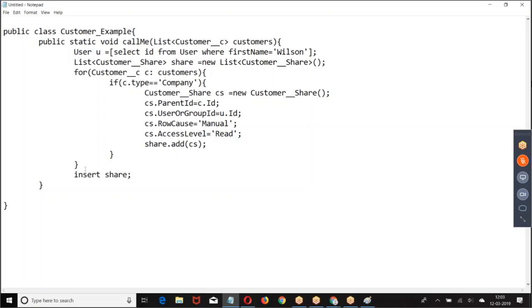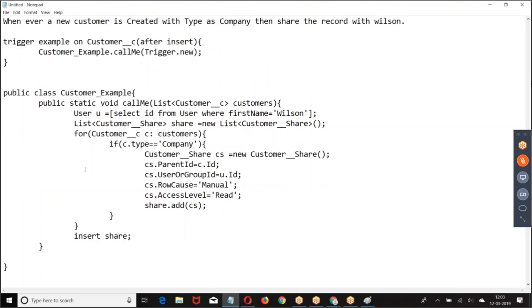Right. Next, go with the second concept, creating team members. What are the team members here? Look at the point. Now, I want to form a team. Generally, a group of users want to share a record. Then we go for queue. On a record, who will be the owner? A single user. On an account or an opportunity, the owner is always a user. Okay, the owner will be a user.